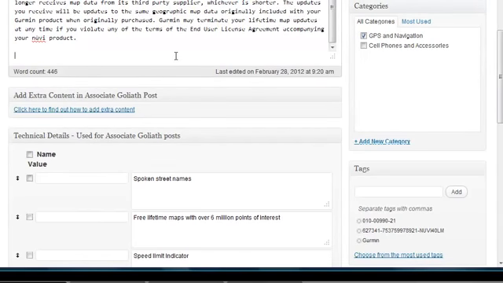Let's say AG top. AG stands for Associate Goliath, by the way. This is some test content.